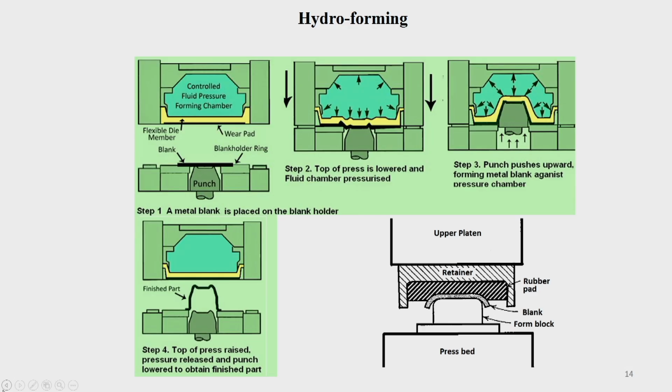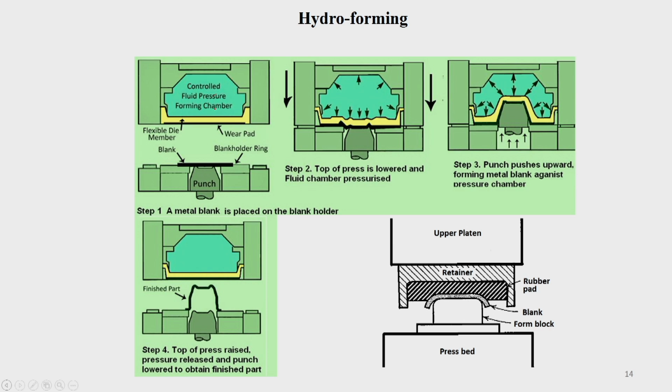So, hydroforming is nothing but applying a hydrostatic pressure on the sheet metal. Okay. Equally in all directions, wherever it is going to stretch. So, in the process you will get a uniform section thickness. That is what hydroforming is. The process is very simple. You have a controlled fluid